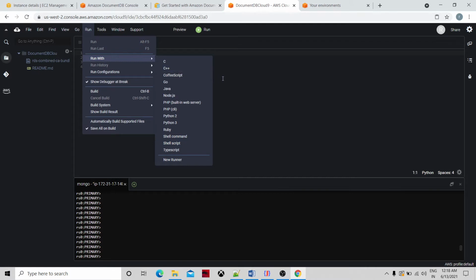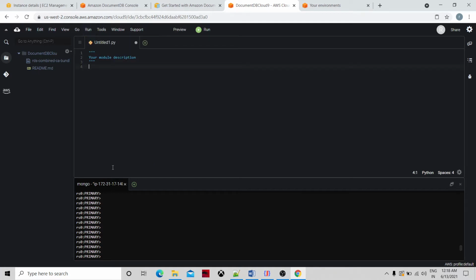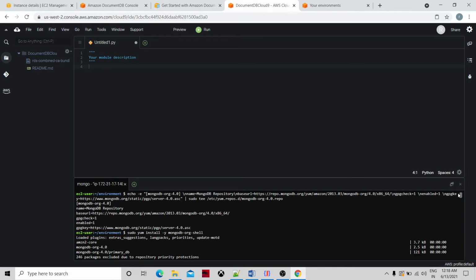Likewise, there are around 20-plus languages supported by the Cloud9 environment. Also, it comes with the AWS CLI. If you look at the command line below, this is the Mongo shell.